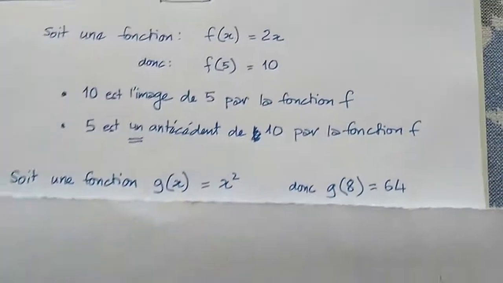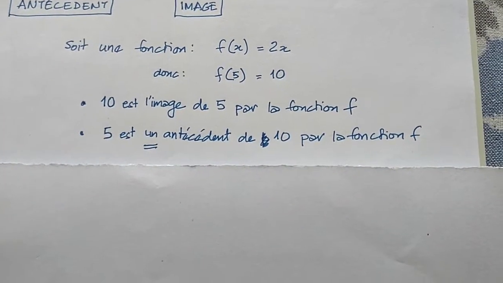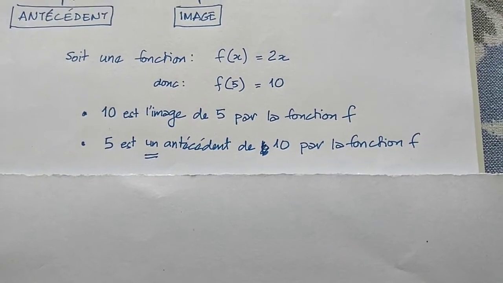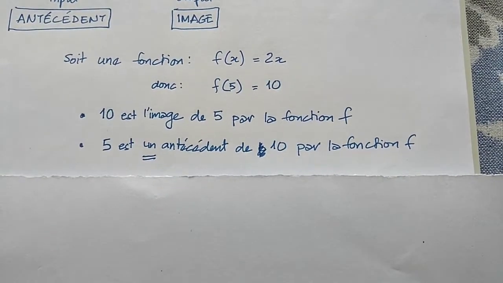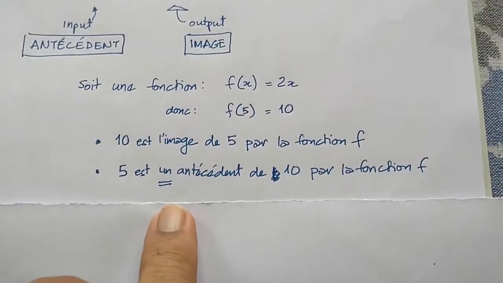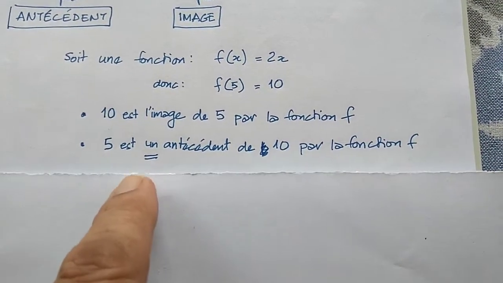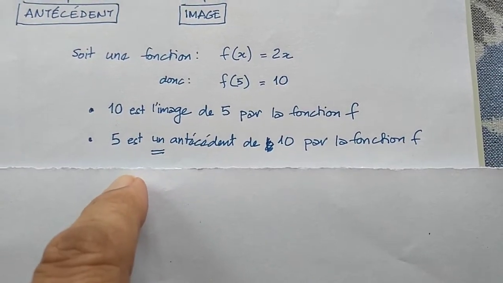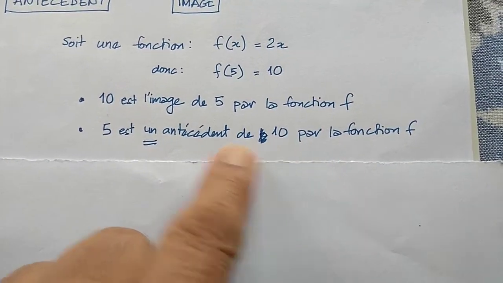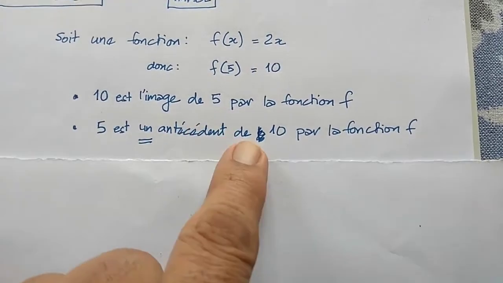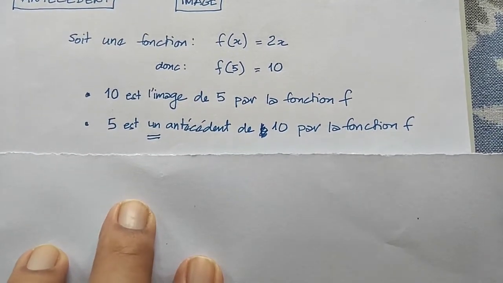So, and then you can say 5 est un antécédent de 10 par la fonction f. What would it mean? 5 is one input that gives 10 as output by the function f. So here you see I've underlined un. This is right because you could have, not in this function, but in some functions, 2 values or more values giving the same output. In this case, of course, only 5 will give you 10, no other value will give you 10, but right now we will see a function where 2 inputs give the same output.